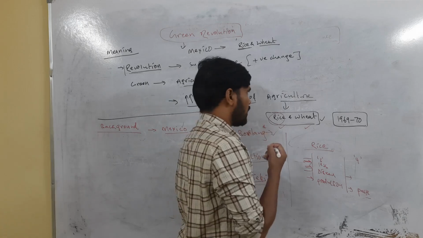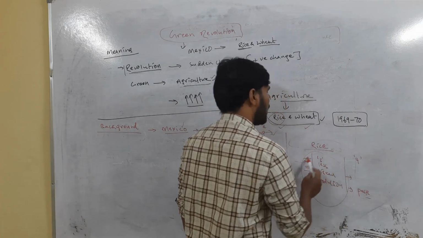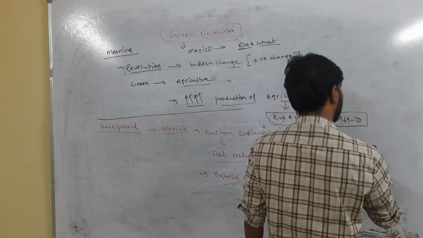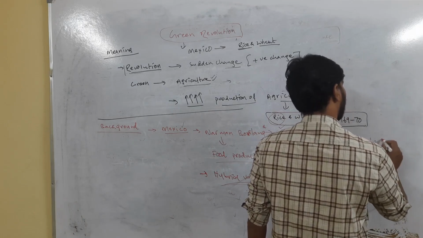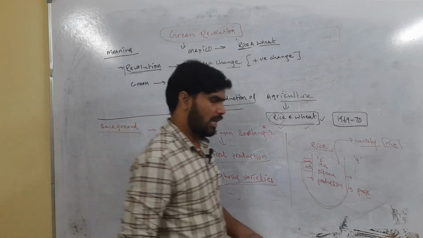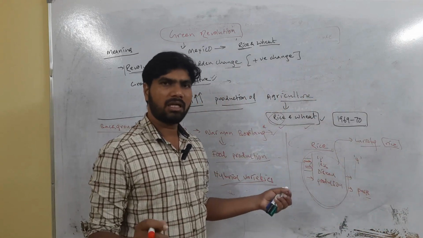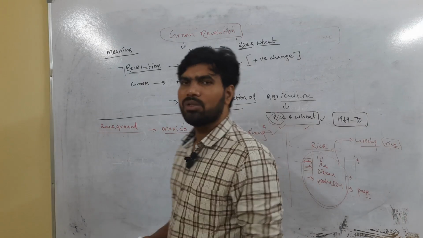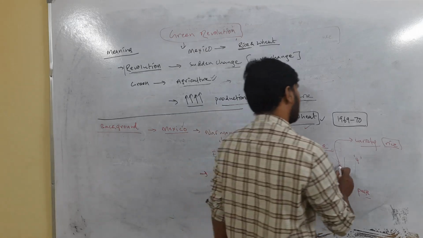So what Norman Borlaug did was try to bring all or some of the desirable qualities into a single variety of rice crop. How is this done? There are various methods like grafting, etc. There are several methods, and you need not go into those methods. You will study them as part of basic sciences. In school, you might have studied grafting, etc. Those are hybrid methods. By using those hybrid methods, he tried to bring in some of the desirable qualities